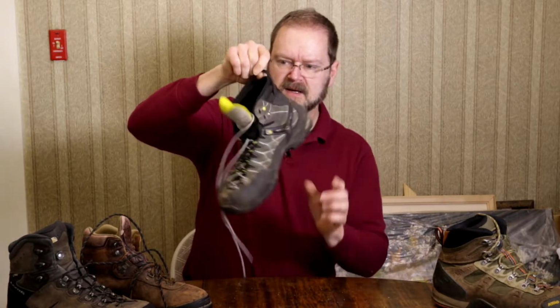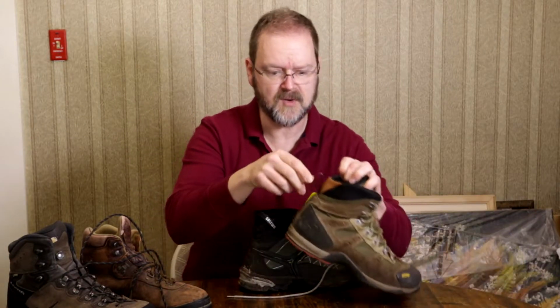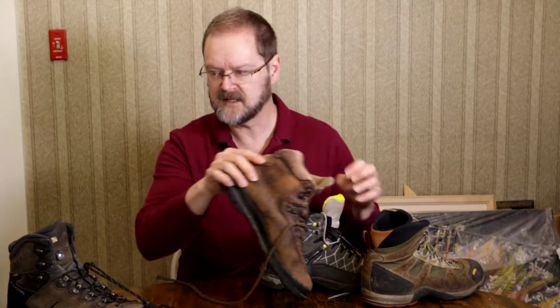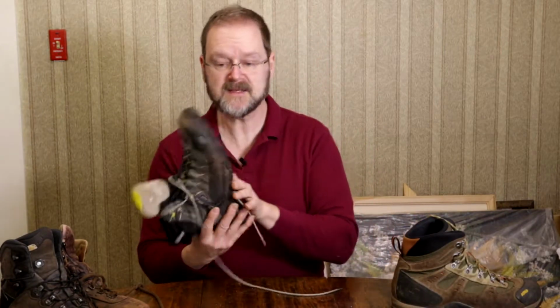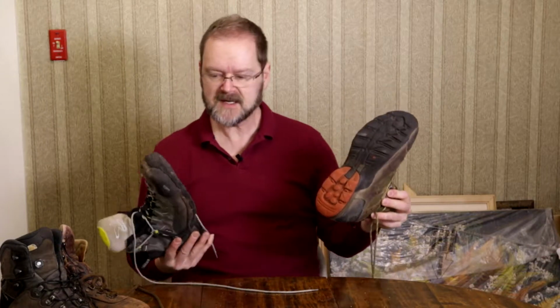This big loop here helps you pull the boot on. This one has a small loop. This one has a much bigger loop. This doesn't have any loop. This doesn't have any loop. Both really good boots. I stopped wearing this one even before I stopped wearing this one, not because there was